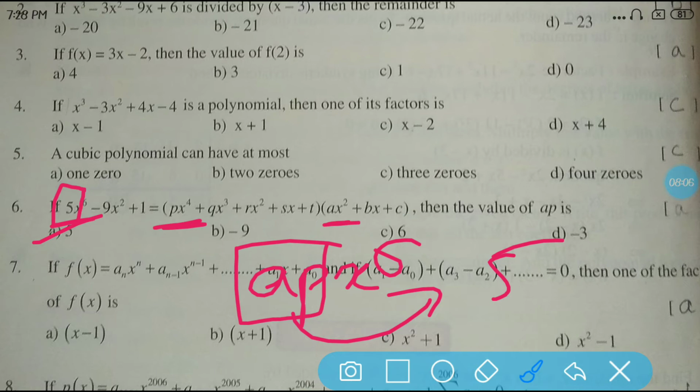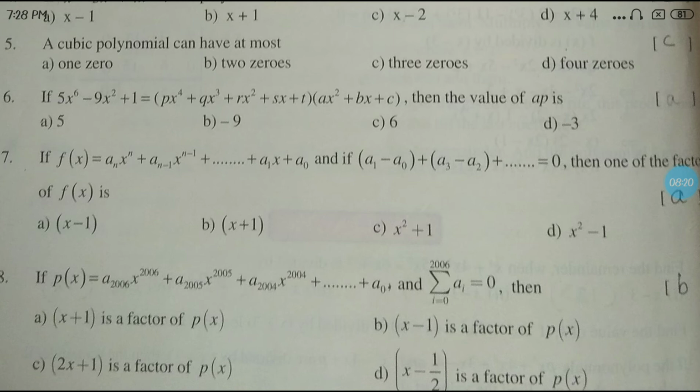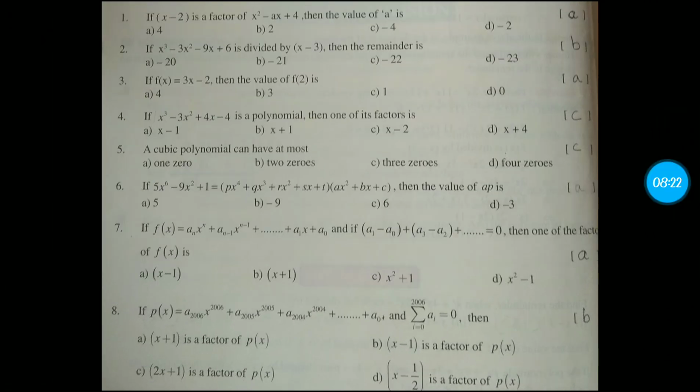So you may take a screenshot, because this doesn't have a solution. Like I am not finding it, I'm saying this shortcut method. If you get other questions like this also, you may do this. It will be really easy, right? Yeah. Next, seventh one we will see.